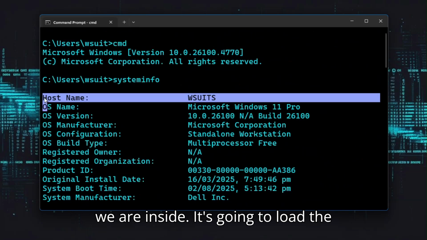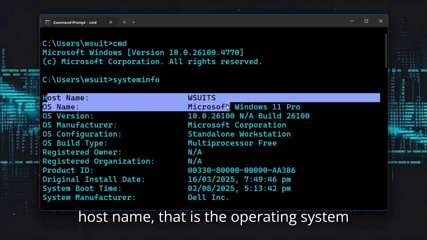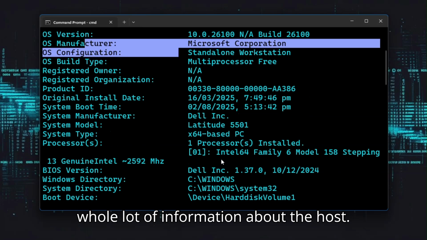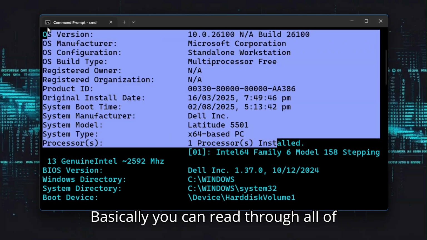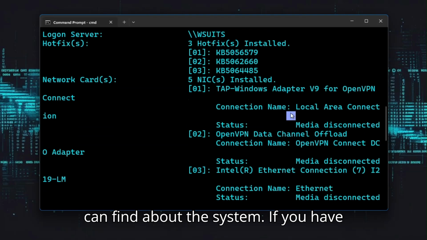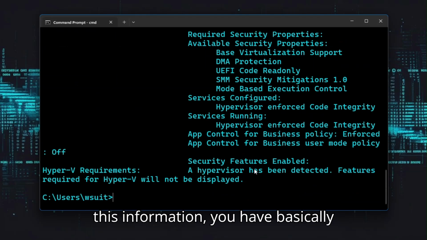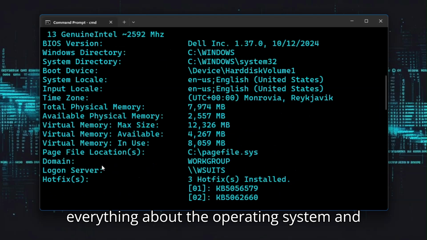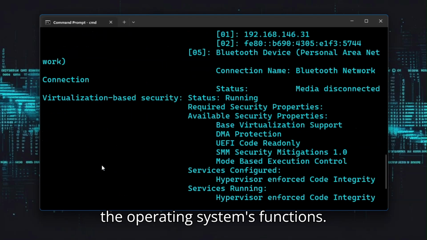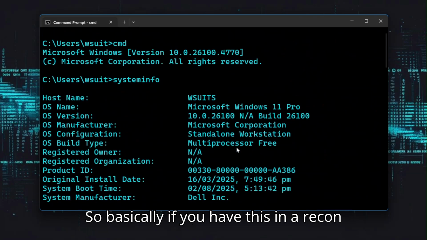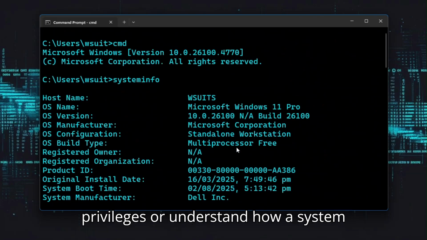It's going to load the host name, that is the operating system name. We also have the OS version, and a whole lot of information about the host. You can read through all of this and even find awesome stuff about the system. If you have this information, you have basically everything about the operating system and the operating system's functions. So if you have this in a recon state, you can use it to elevate your privileges or